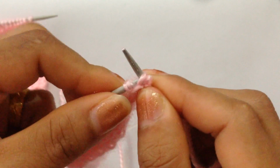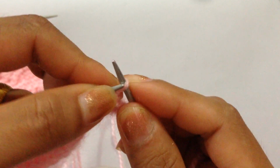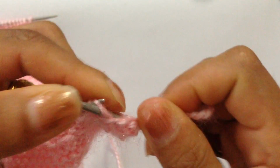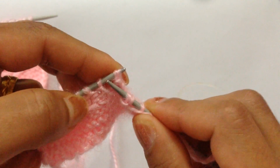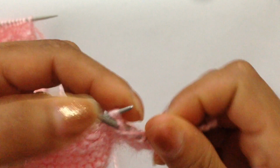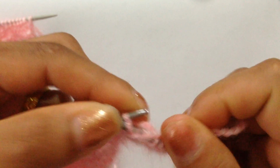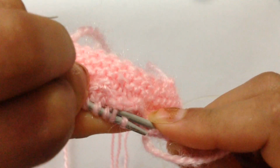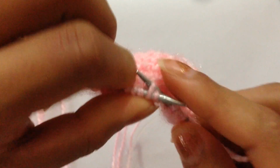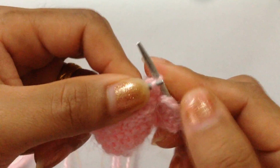and slip off this first stitch, and then bring it forward and pull that stitch and pull that next stitch. And now we have these 2 stitches. We're going to pull this first and then pull this attached stitch, right? And then again insert your needle into that first attached stitch and slip off and place it